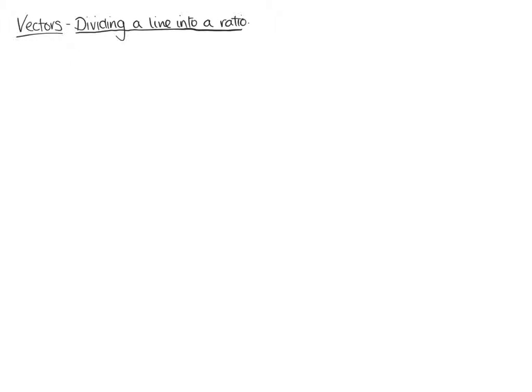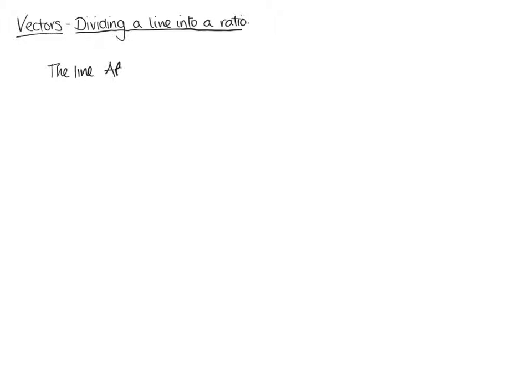Right, so the next topic we're doing is dividing a line into a ratio, and we're doing this with vectors. We will do it later with straight line, but for now we use vectors for doing it, so that's fine. Right, so we'll get given a line, so say for example the line